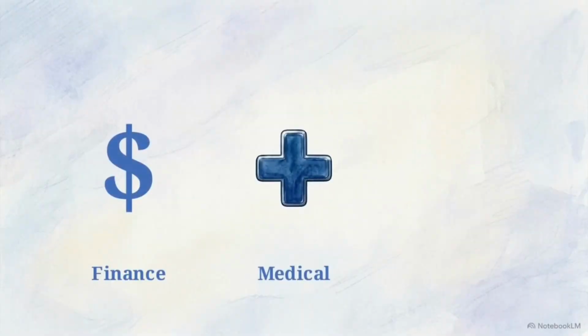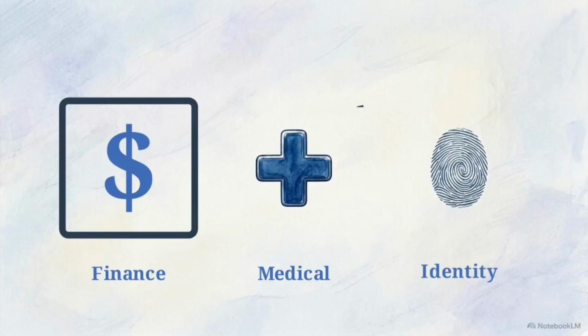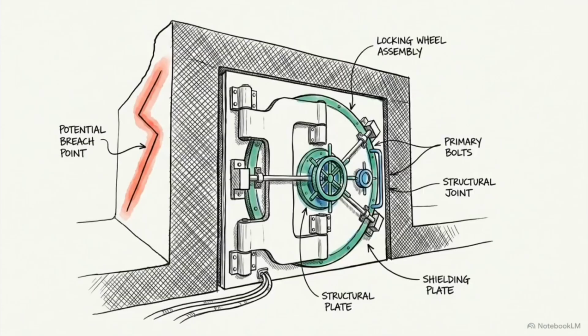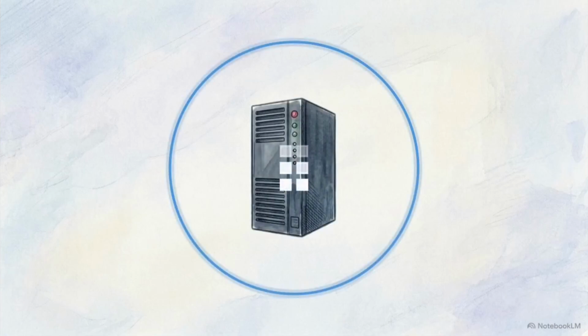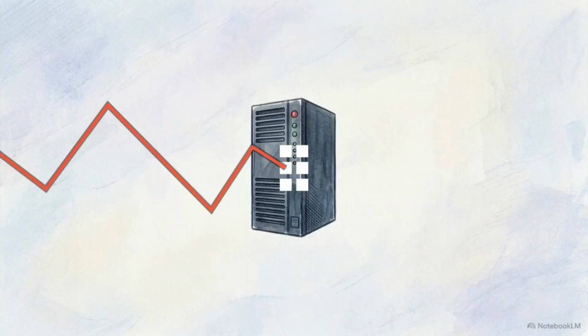Things like the balance of your bank account, your official medical history, or your digital identity require absolute permanence. For decades, we've secured these vital records by locking them away. We put them inside a single, centralized digital vault, like a master server. But this design creates a critical single point of failure. If a hacker breaches that one localized perimeter, they gain access to quietly manipulate or erase the data inside.